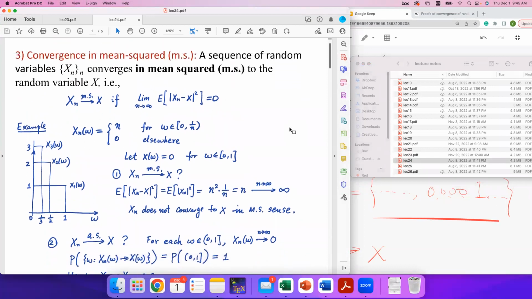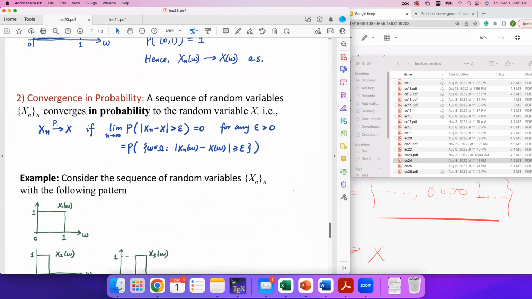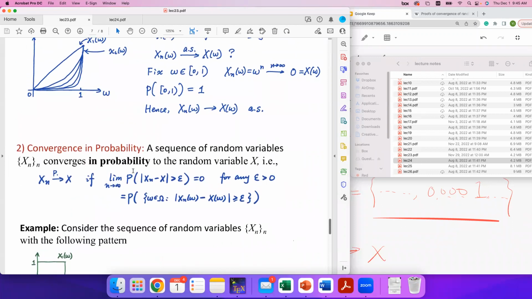And the third type of convergence is called the mean squared convergence. It is defined as follows. We say Xn goes to X in the mean square convergence, Xn converges to X in the mean square way, if this limit goes to 0. Again, you can see that in all these types of definitions, convergence in probability, convergence almost surely, we always have